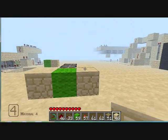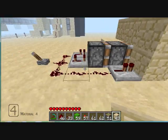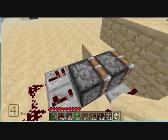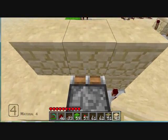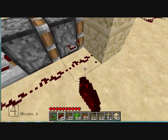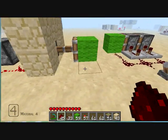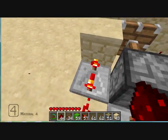That's pretty cool, but what you're probably going to be using this for is maybe light switches and doors, so you're going to need to have this flush with the wall, right? So what happens here is basically the same thing, except for the fact that it's all like this. Why don't I try right here, because I think I can do this, right? Yes, I can. Let's put down 2. Alright, so